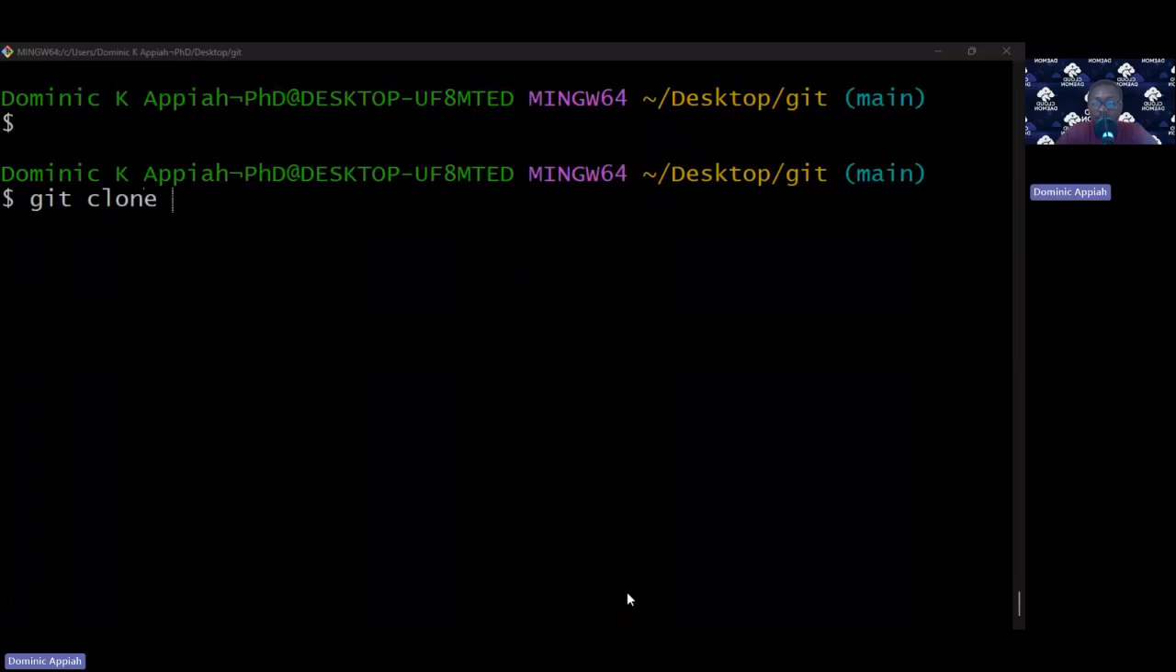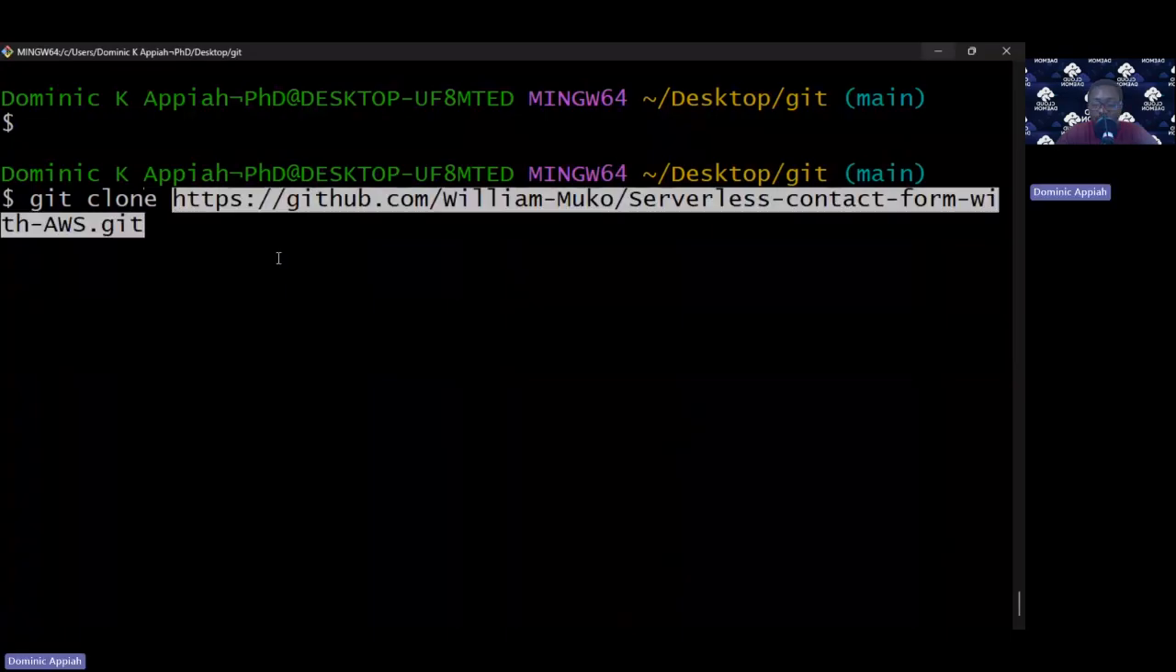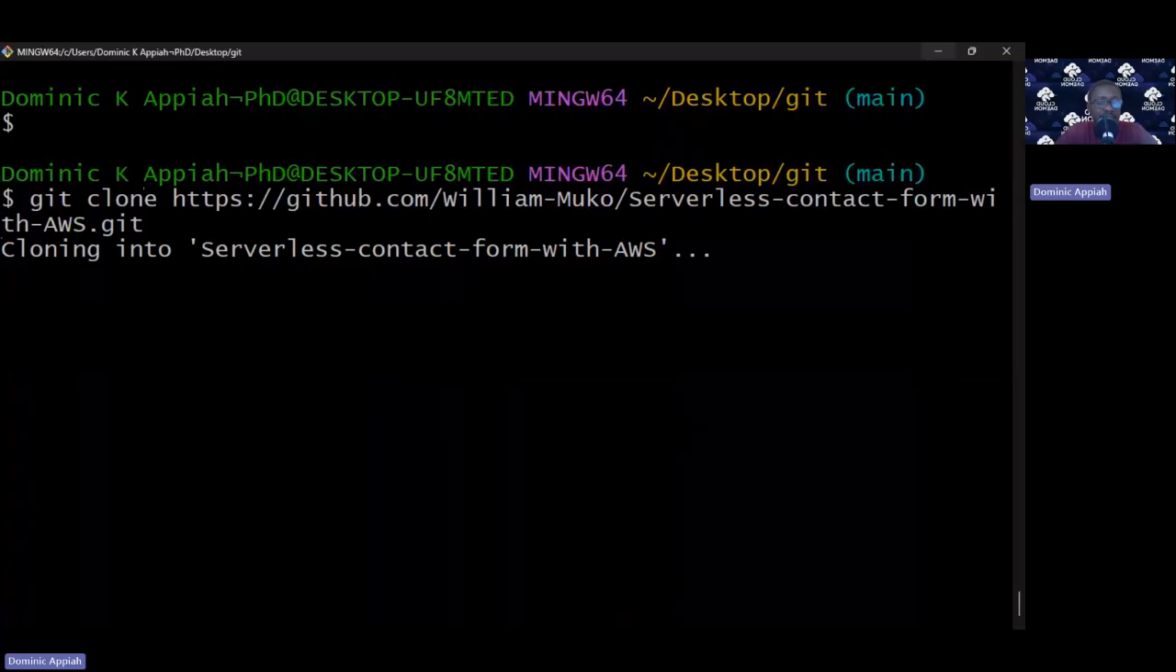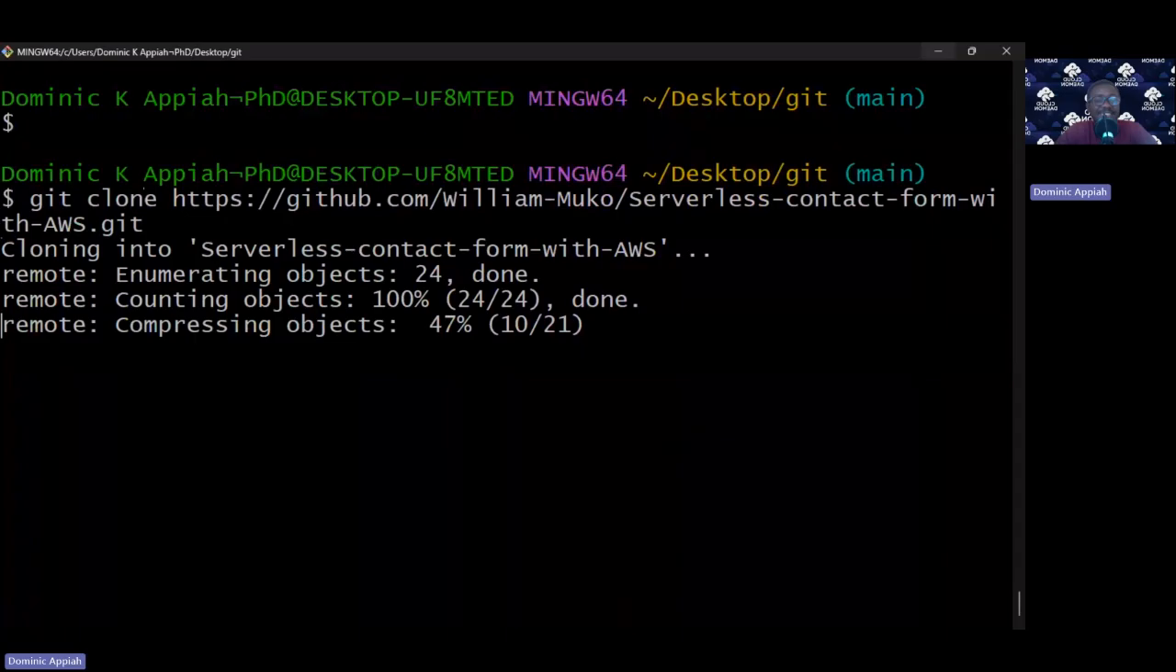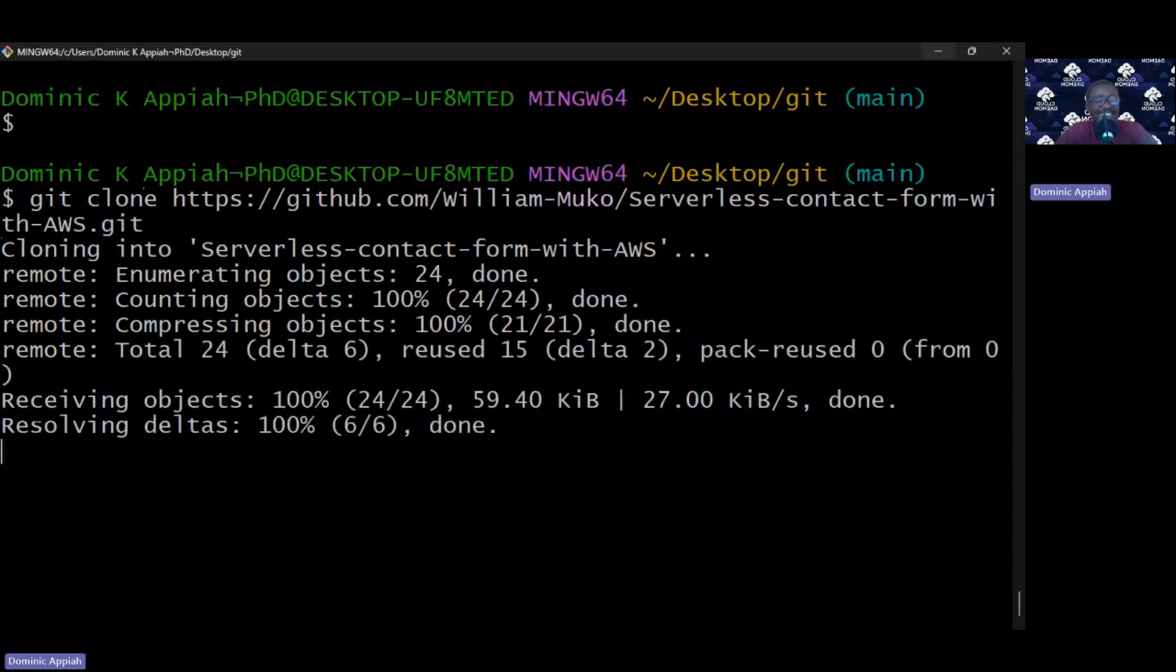I'm going to copy the SSH, I mean the HTTP. Yes, here you are. Now don't lose me again, please. And then paste it here. And when I do this, it is cloning it directly. And just like that, I'll have Williams's serverless contact form with AWS on my